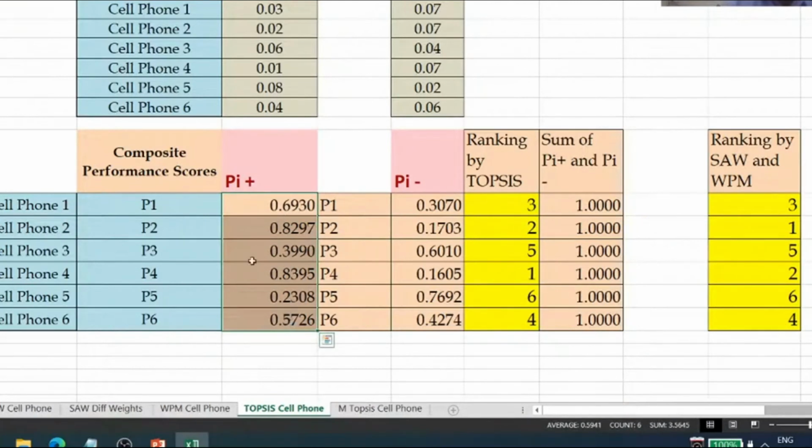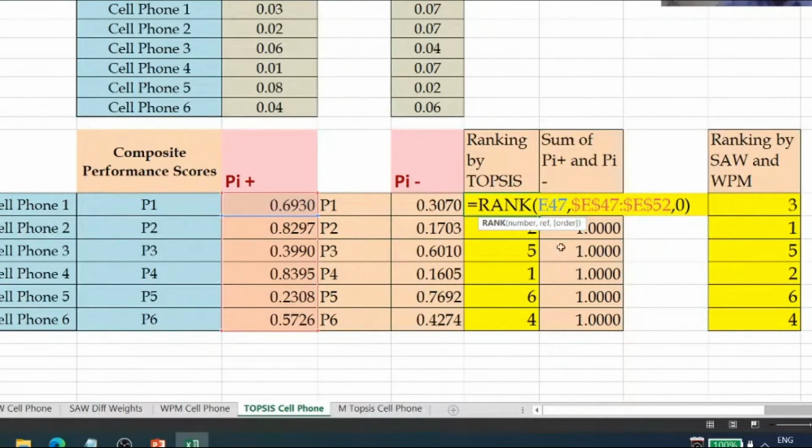So we have to rank this value among all these values. And how to rank? We have to rank in the descending order. So for descending order, the last 0 is for descending order. This is the syntax for this particular formula of rank. So once we rank this, and here I have again locked these cells, cell E47 to E52, because we want to rank all these alternatives over the same range. That's why they are, we can see here, locked. So once we apply this formula to the first cell, then I can simply copy all and get the required rank. So we can see here the best cell phone obtained using Topsys is now cell phone number 4,